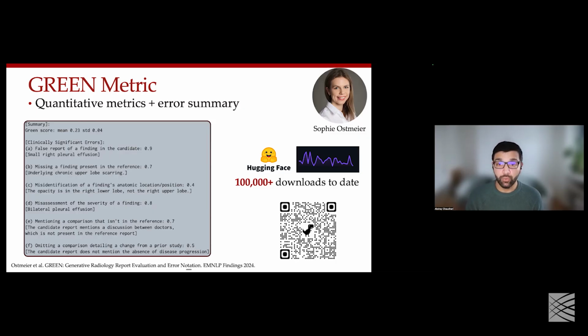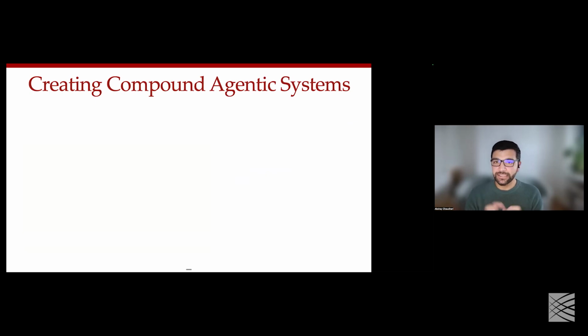So we really want to use humans to verify at a first pass, but then we want to be able to have verification at a large scale scalable level too. And we're really excited that our green metric allows this evaluation to be quite scalable. And the other thing an automated metric like green allows is really creating some of these compound agentic systems where we're using our LLM as a judge, we're using our generator to actually improve the baseline generator in the first place. So let's see how we do that.